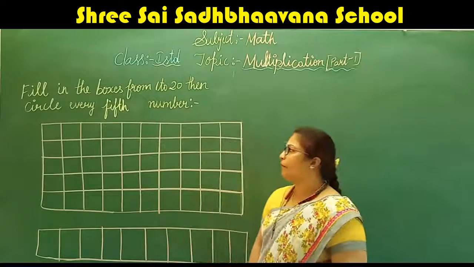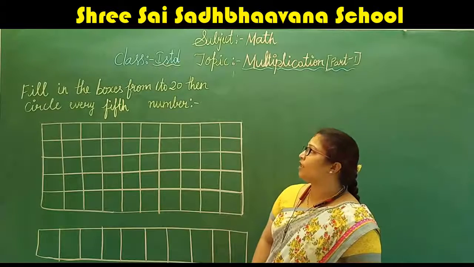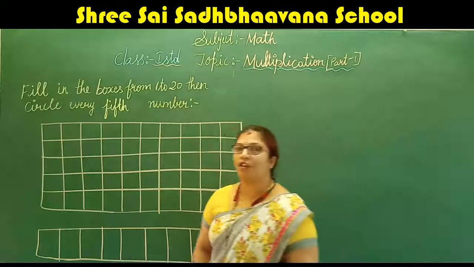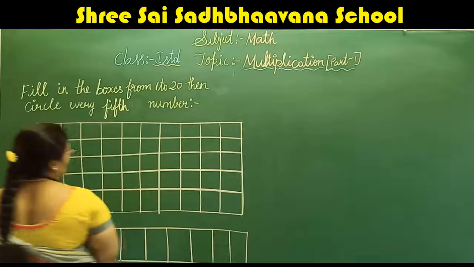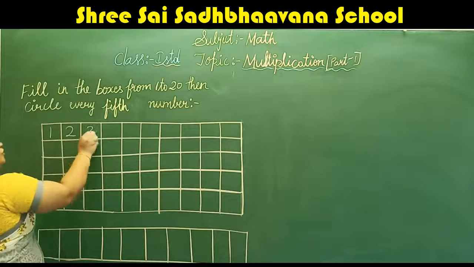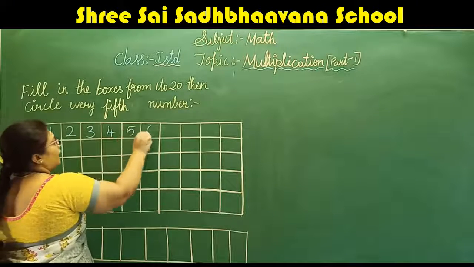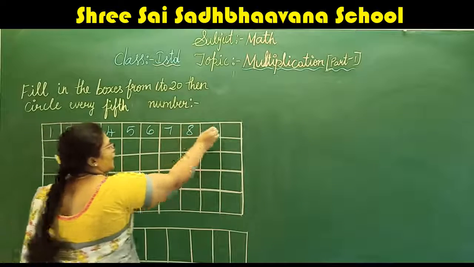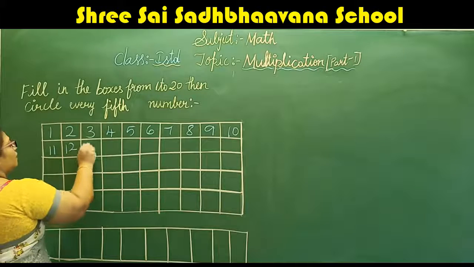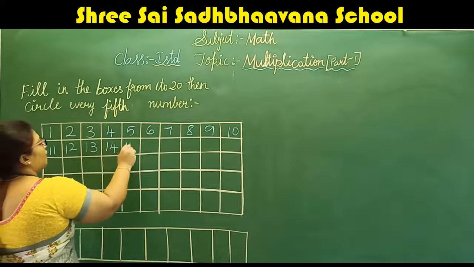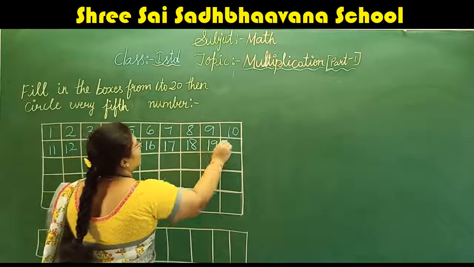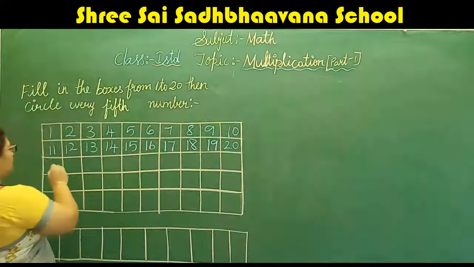Yes, children, the next main. They have given you: fill in the boxes from 1 to 50, then circle every fifth number. So what you have to do there? First, you have to write 1 to 50 numbers. 1, 2, 3, 4, 5, 6, 7, 8, 9, 10, 11, 12, 13, 14, 15, 16, 17, 18, 19, 20,